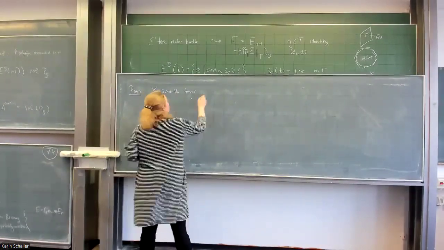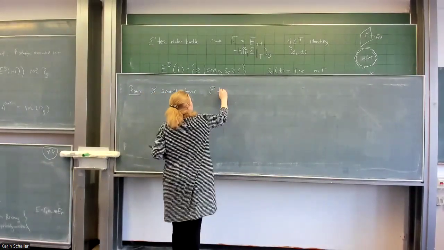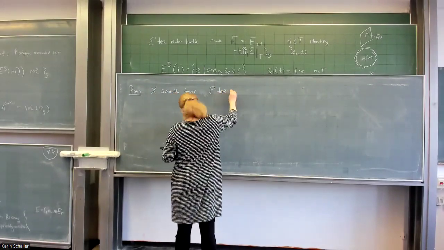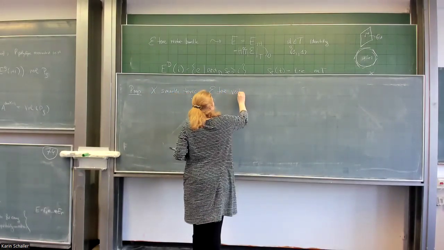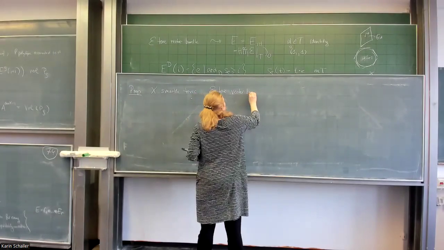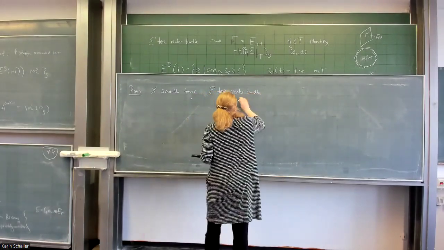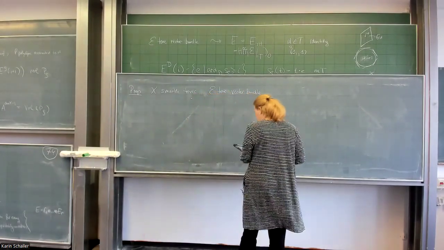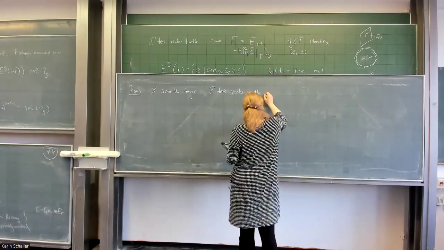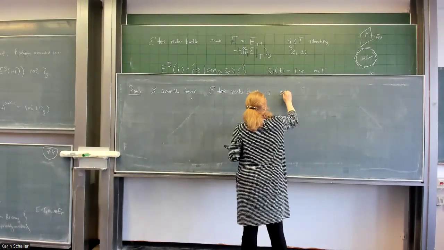Then E, a toric vector bundle, actually this should also work for a vector sheaf, though I've never used it for this, is semistable, stable,